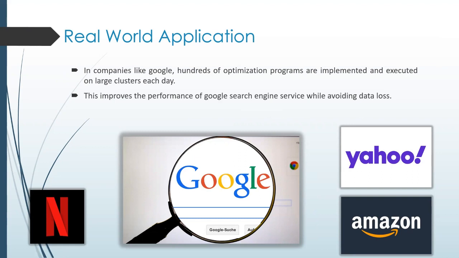Companies such as Yahoo and Bing use this data analysis to index and rank web pages, improving the relevance and accuracy of search results. Online retailers like Amazon and Netflix utilize massive datasets to personalize recommendations for users, enhancing user experience and driving sales. Also, in social media, platforms like Facebook, Twitter, and Instagram analyze huge volumes of user generated content to understand user behavior, sentiment analysis, and trend detection.